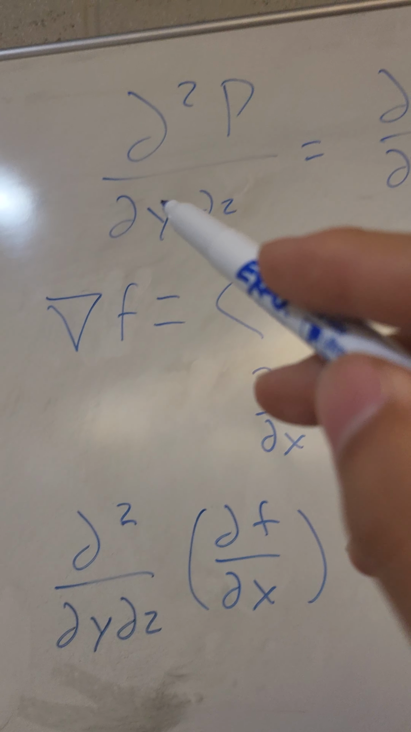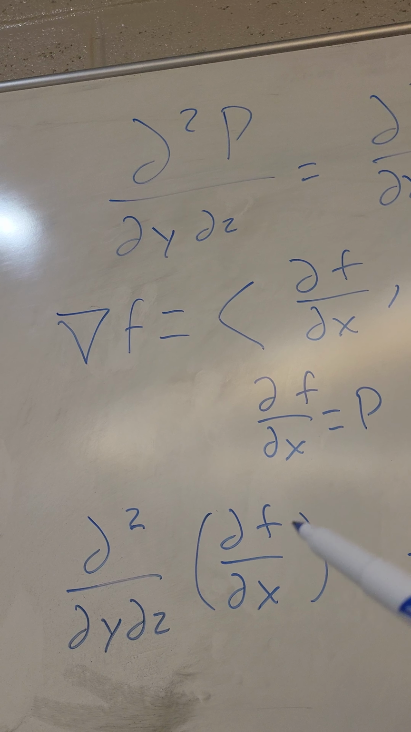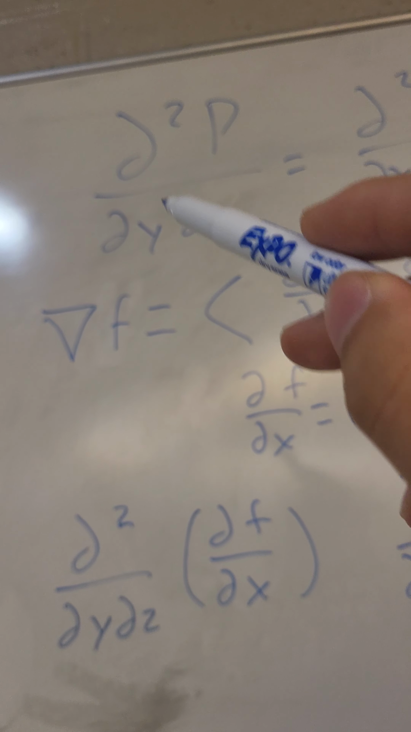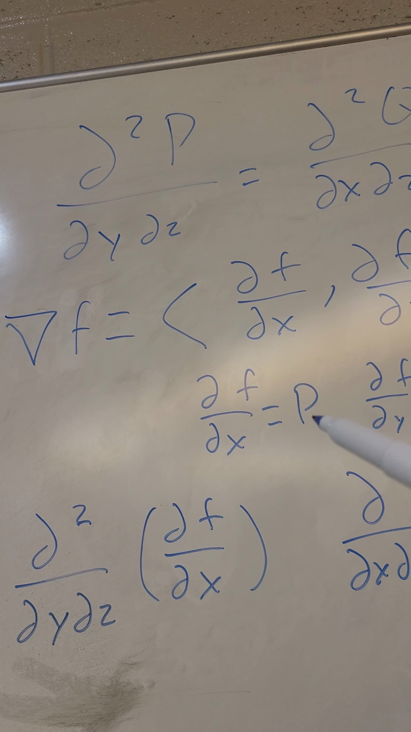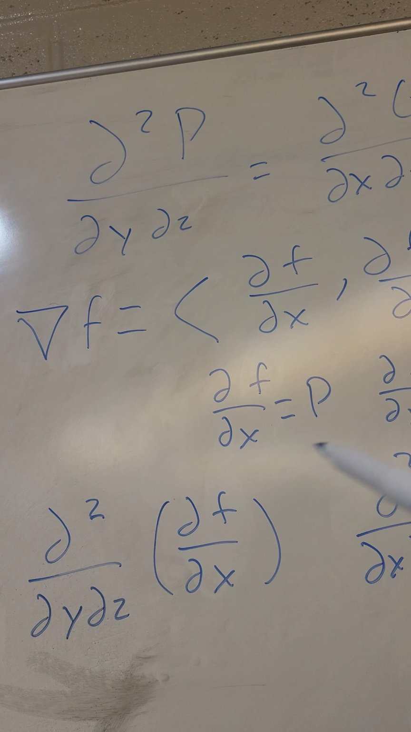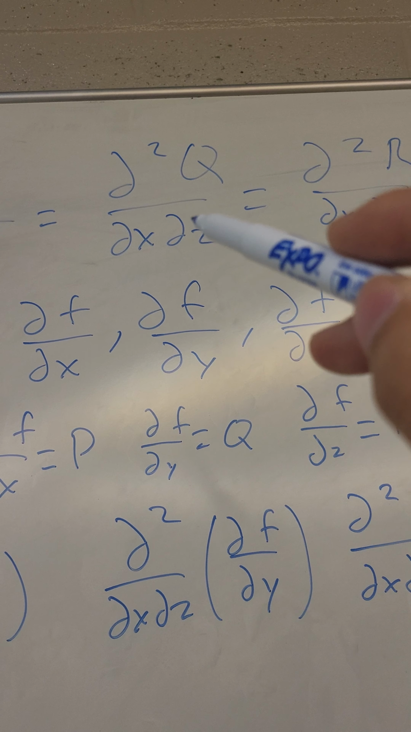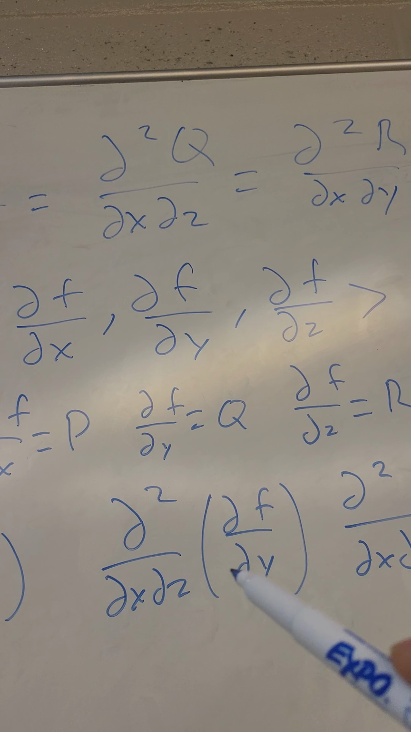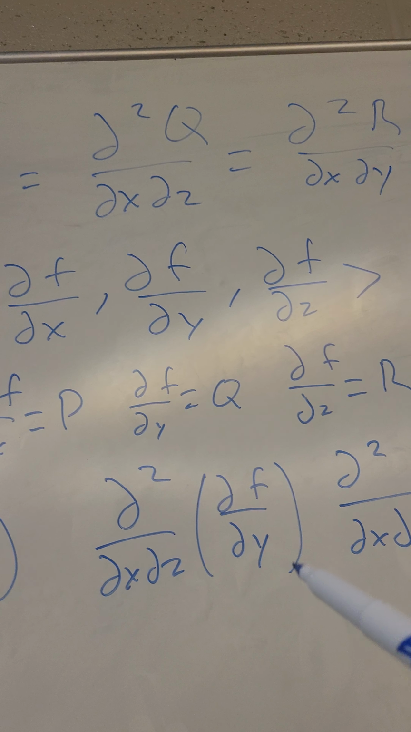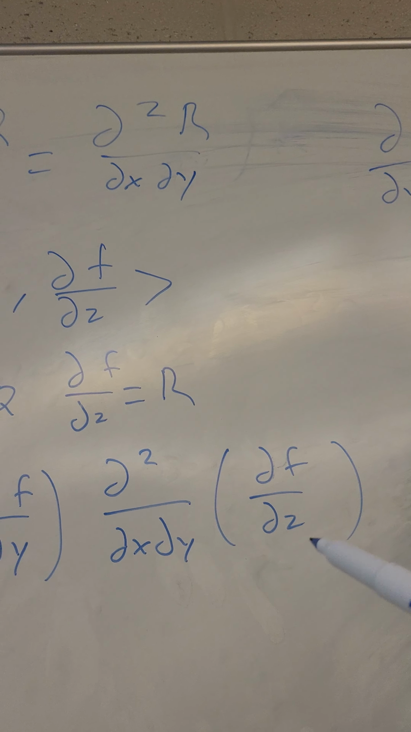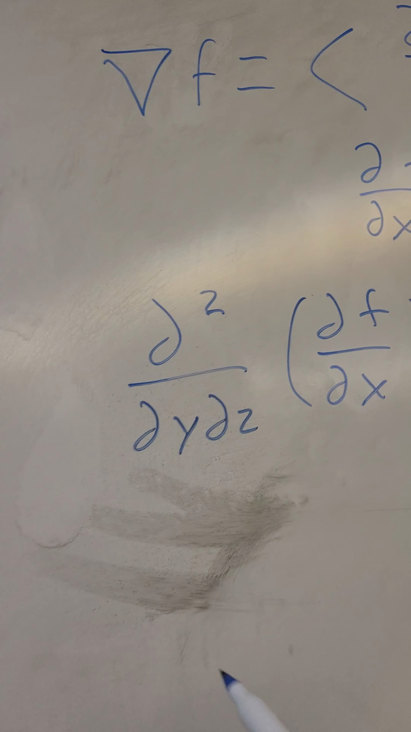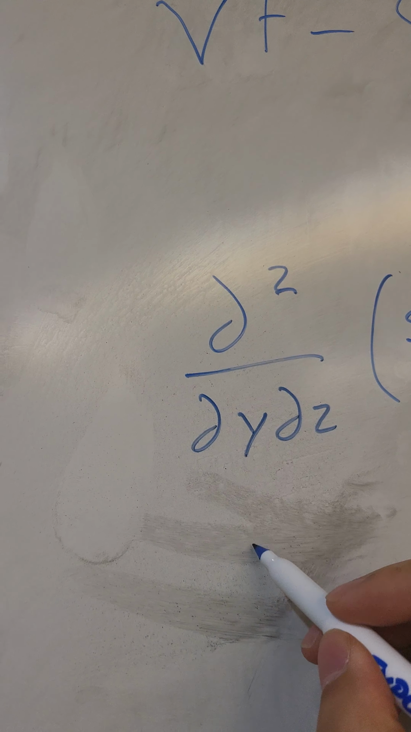If you factor this p out and bring it to the side, keep this thing the same, and substitute for p, we get this. If you do a similar thing, bring this q out to the side and substitute this in for q, we get that, and the same thing for this. Now, if we multiply all three of these together, we're going to get